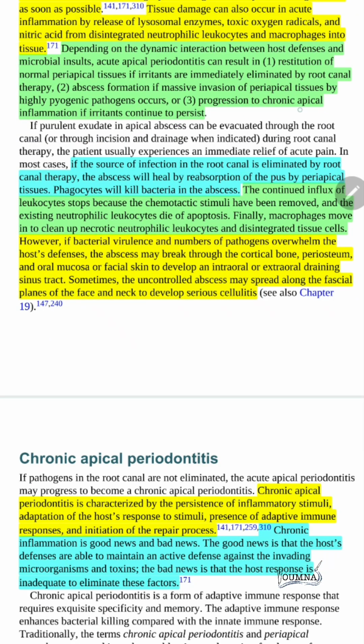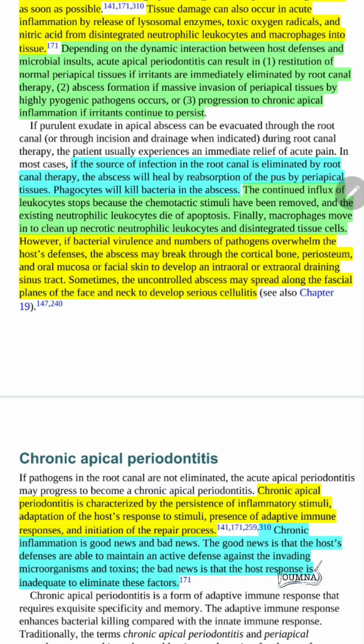This chronic apical inflammation can get back to the acute phase, but with higher virulence, which means that